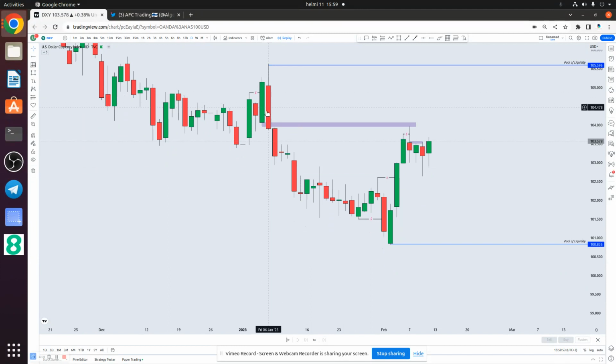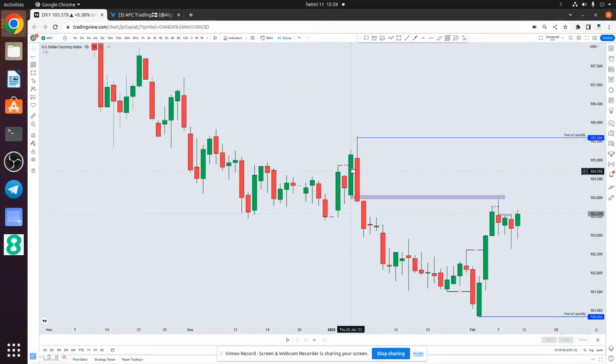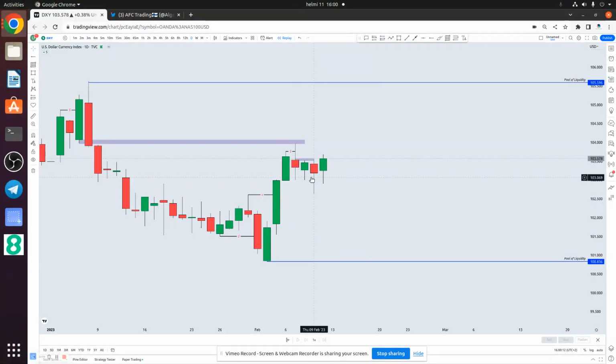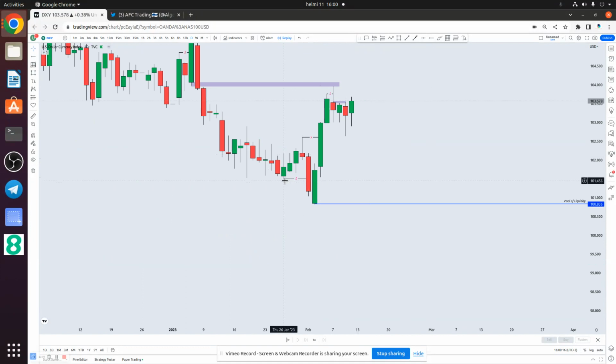We have this order block because price took out this high and then price sold, so this is an order block. Price kept selling and we never came back into this order block. Price went up, touched the order block, and then price has been consolidating in here. Then price also took this low, and then after taking it out, price started buying, and then